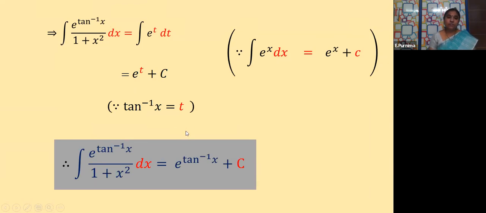So like this you have to understand which term is to be considered as t. The thing to remember, children, is that whatever term you consider as t, you should not be left with any more x terms in the function. The entire function should be transformed to t or z or p, whatever variable you take, it is up to you. Usually we take t. Clear? So no other x terms should be left in the function.